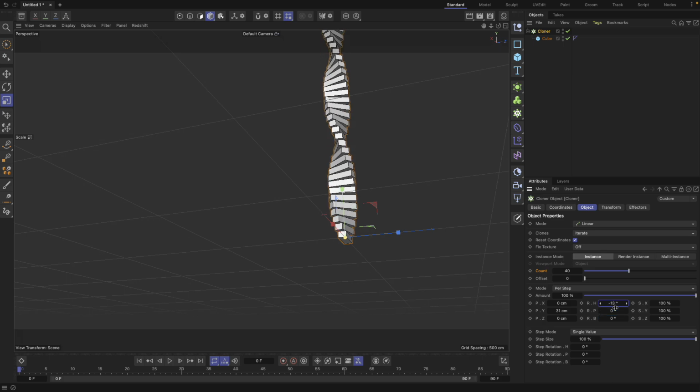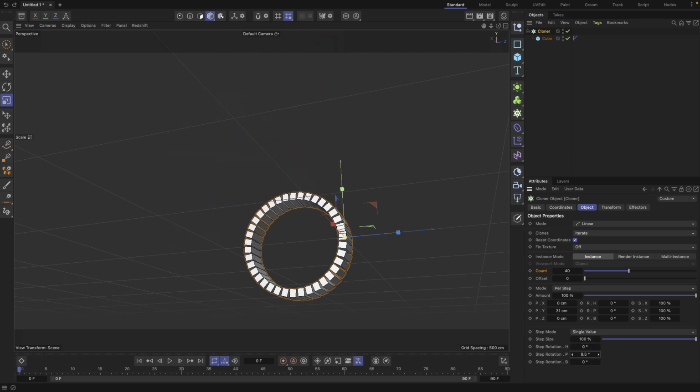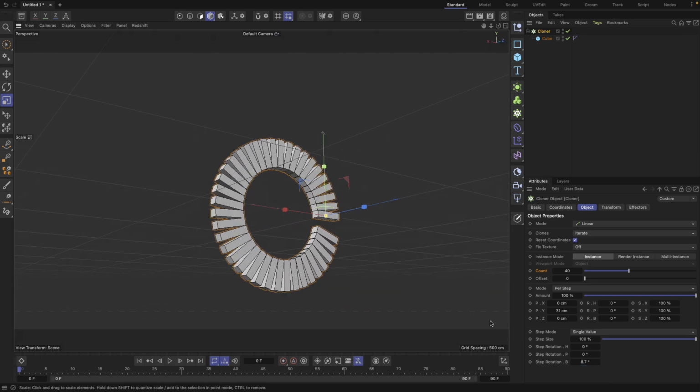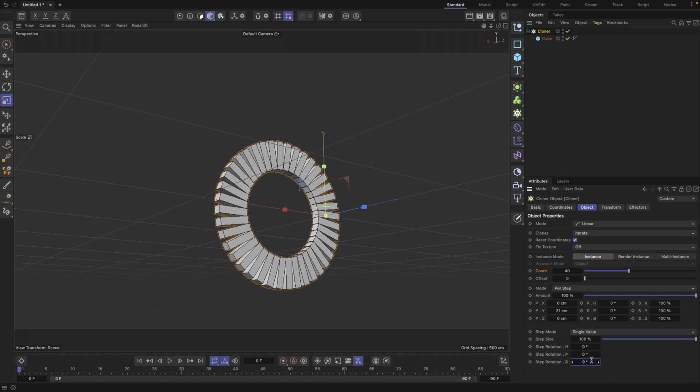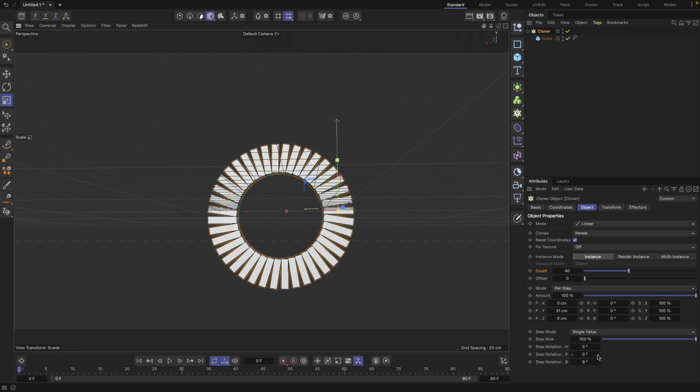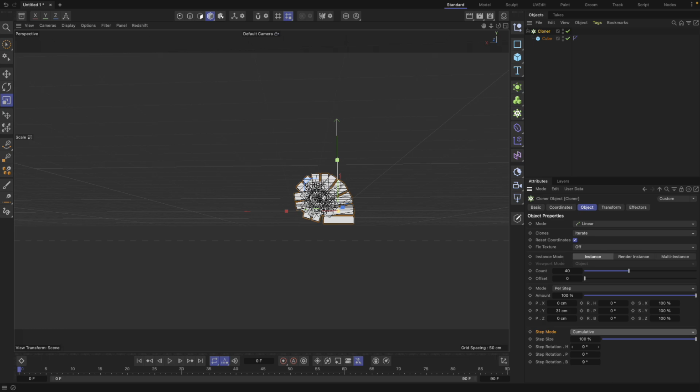This is very similar to this, but the other ones are working a little bit differently. Okay, so this means that at each step it is rotated by like 9 degrees or such. So there is another mode of this step mode. Single value means that at each clone it's rotated 9 degrees more, but if it's cumulative,